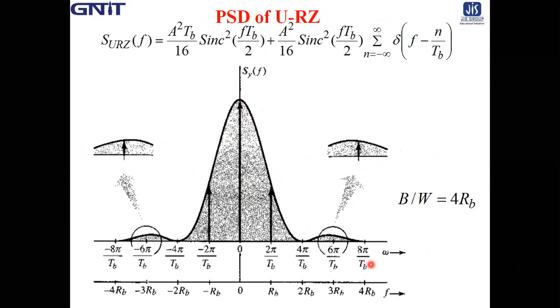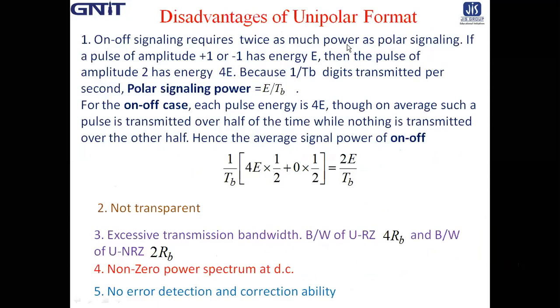Okay. Now based on the properties, the 5 properties, we just find out the advantages and disadvantages of the unipolar format. So first, actually all are disadvantages. So first, it is simple to show that